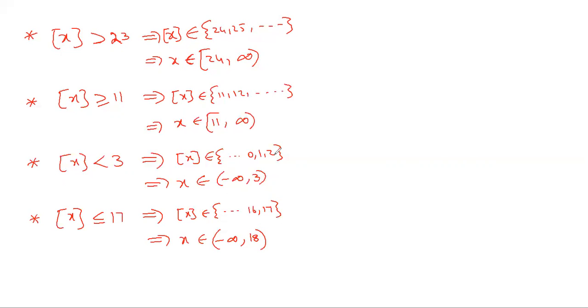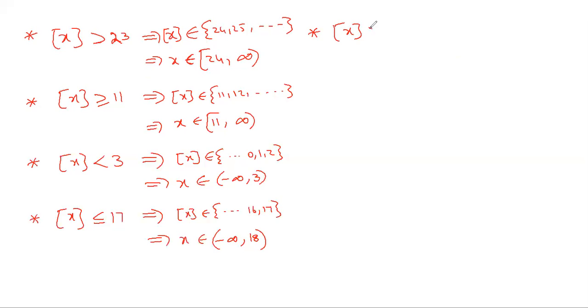So the integral part ending with 2, so the next number open interval. Integral part ending with 17, next number open interval. Integral part is beginning with 11, so the same number closed interval. Integral part beginning with 24, the same number closed interval. Right? Yes. And even if a negative number comes, it's not a problem. We can do the same with the negative number. It is not a difficult thing.